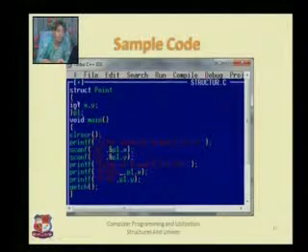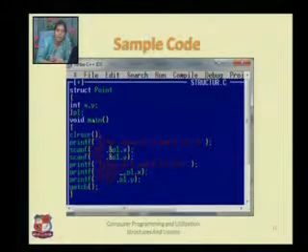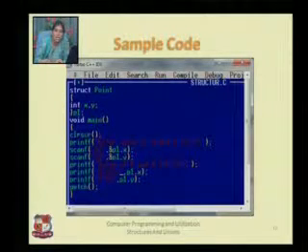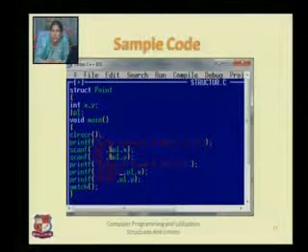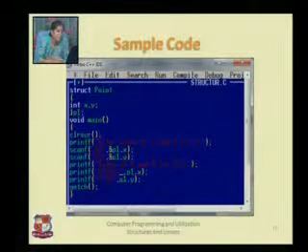See, I haven't initialized P1. Here I am not writing P1 is equal to, in the bracket, 1 comma 2. In that case P1's x value would be 1 and P1's y value would be 2. But I am not initializing, so I need those values in my main. So when I want to write it in main, I cannot use curly brackets and I cannot use comma separated values. So I need to write it by scanning, or I need to directly give it. So P1 dot x is equal to 10 or P1 dot y is equal to 20. That I directly need to give, or I need to use scanf to give the values.